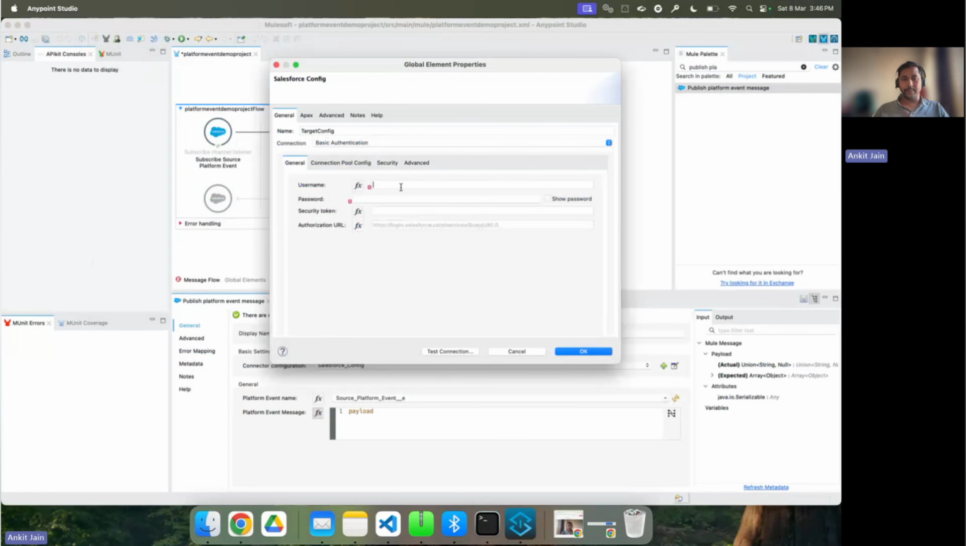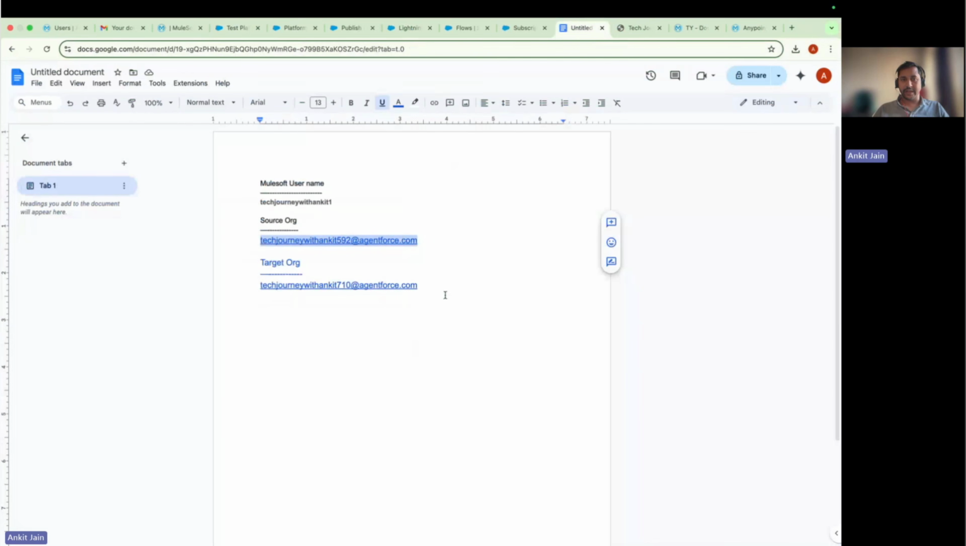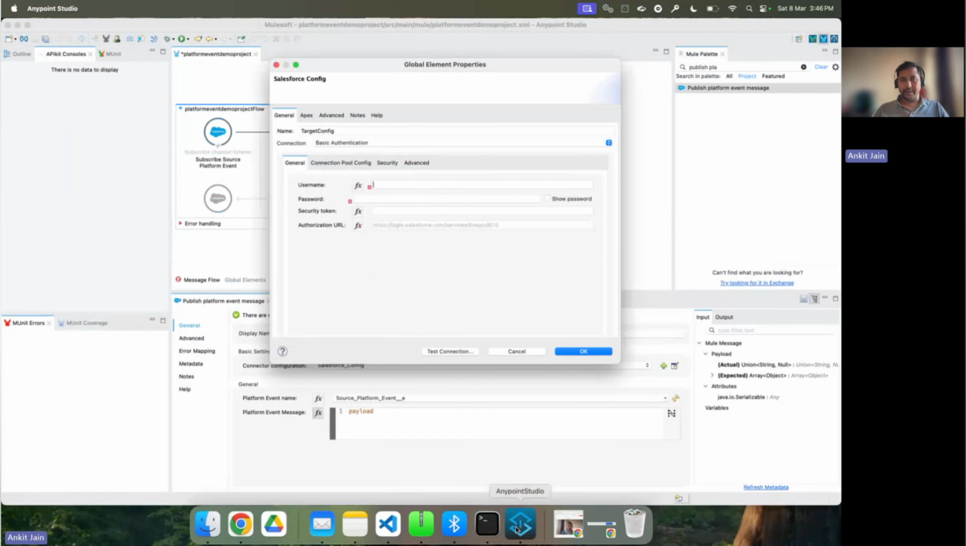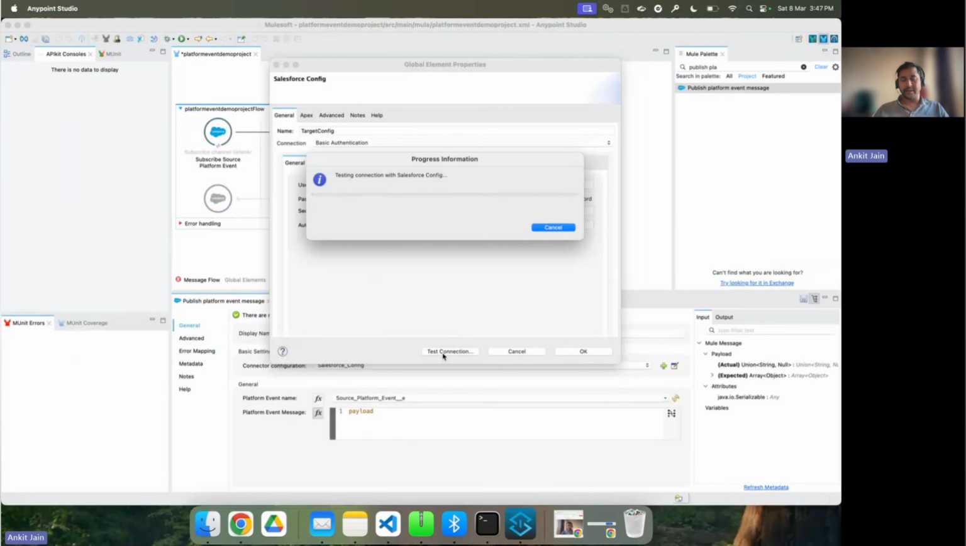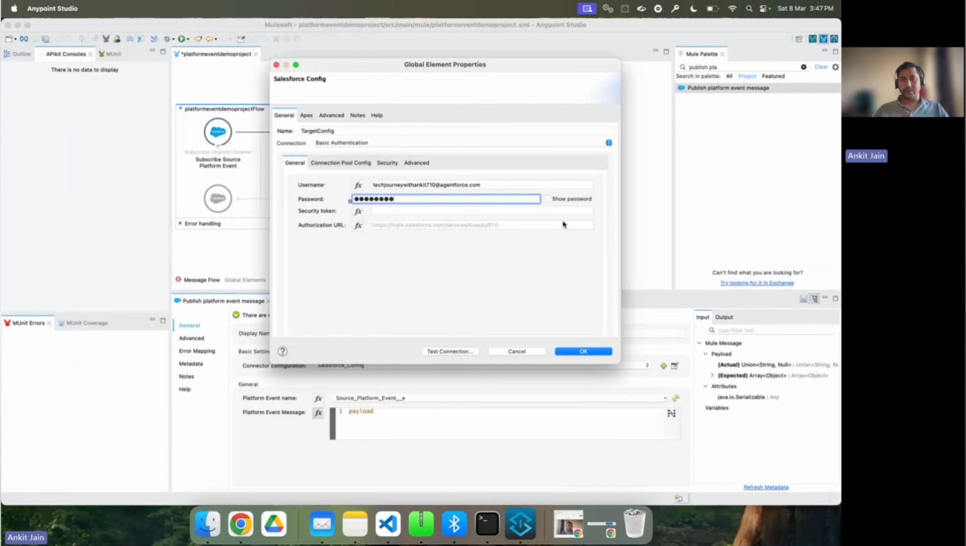And I'll need to go and put the username and the password for the target config. So this is where I already have the username for my target org. I'm selecting it and putting it here, taking the option of @01 and testing the connection one more time. Let's see whether it is coming up as expected or not. So my connection is successful. I'm clicking on the OK button and clicking on